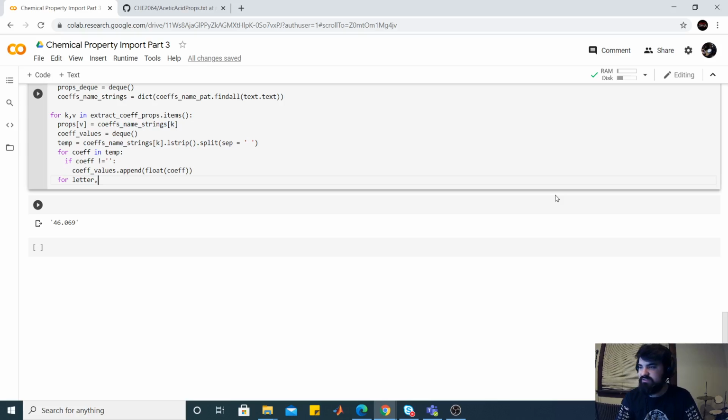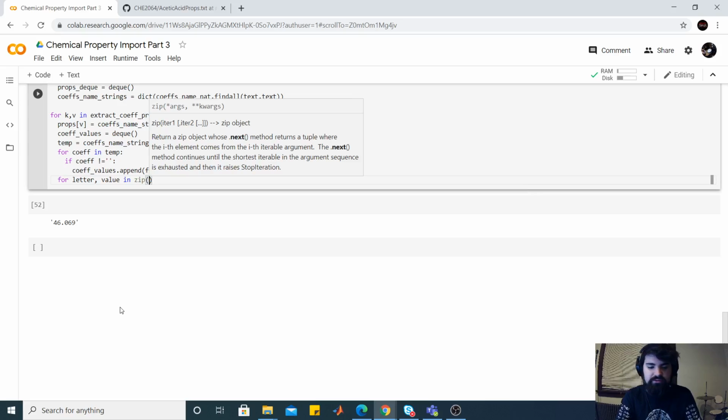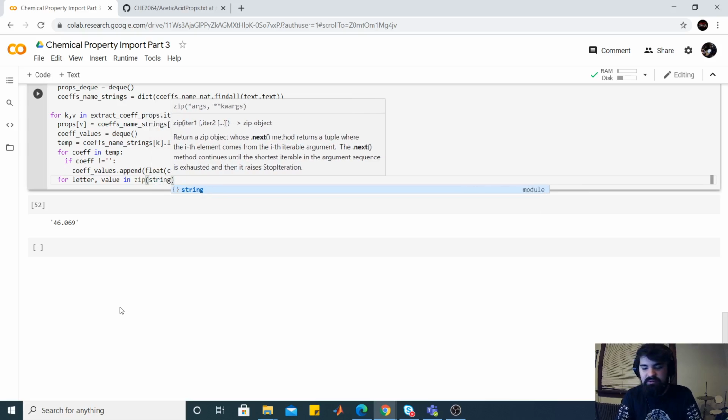What this is going to do is for the things that have coefficients of multiple values, like I said before, the coefficients for PVAP, there's multiple of them, so it can be PVAP A, B, C, D, E. And so it's going to go through that and name that accordingly. It's going to look a little complicated,